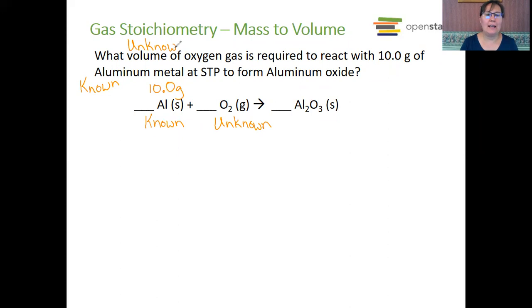Now before I look at anything else, I need to balance this. So you're going to have to pull out the tools that you learned back in chapter 3 and 4, mostly in chapter 4, for a lot of this gas stoichiometry. I see I have Al2O3, but I have O2 here. So that means I need this to be in even numbers. So I'm going to put a 2 here, so that I have 6 oxygens, and I can put a 3 here, and then 4 aluminum. So I have 4 aluminums plus 3 oxygens gives me 2 aluminum oxides. Great. Now, this is mass to volume stoichiometry. Whenever you have mass to volume stoichiometry, your step 1 is to do stoichiometry